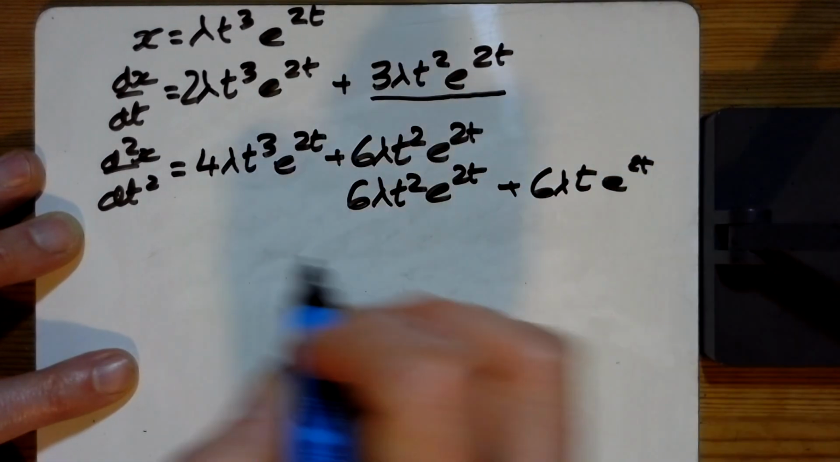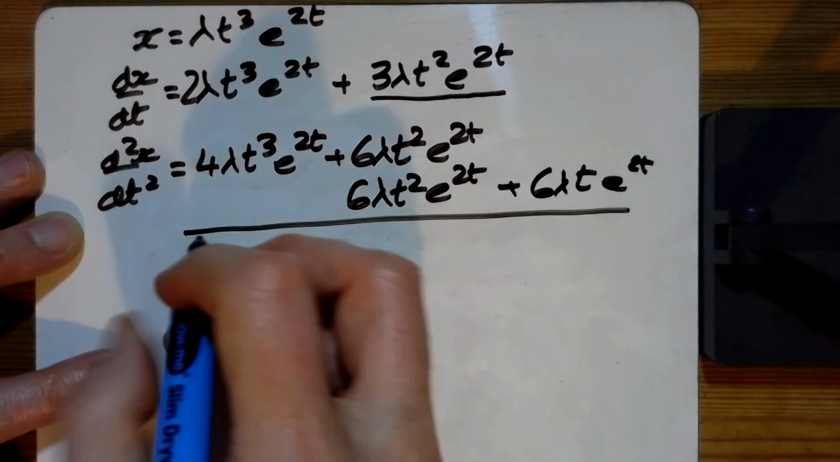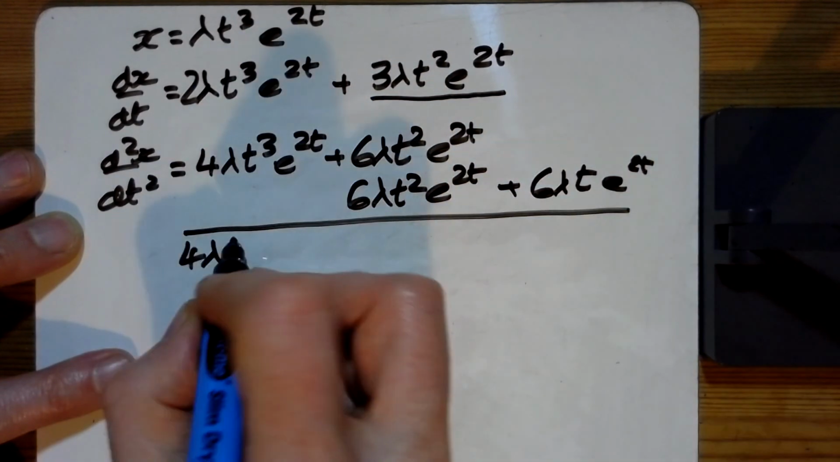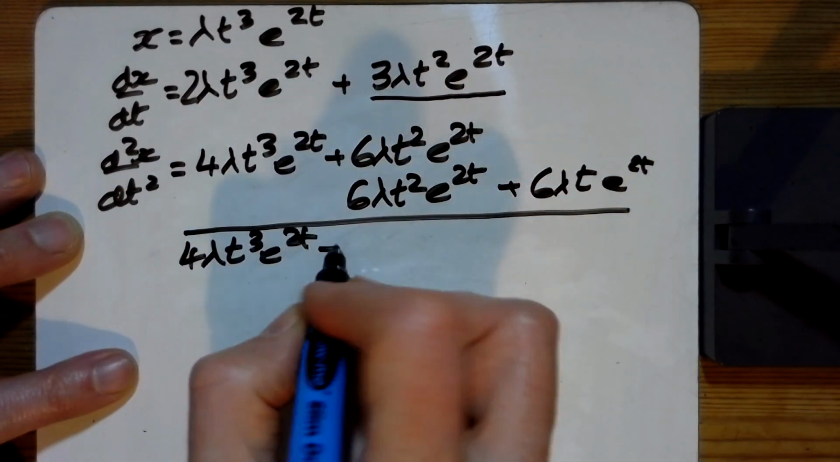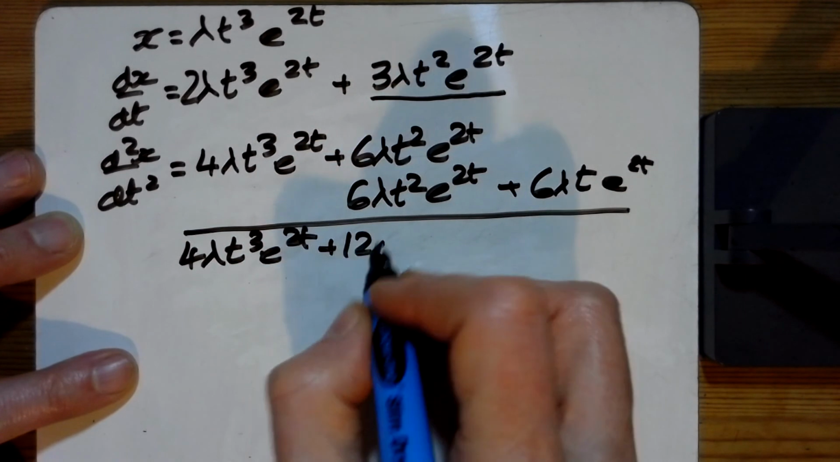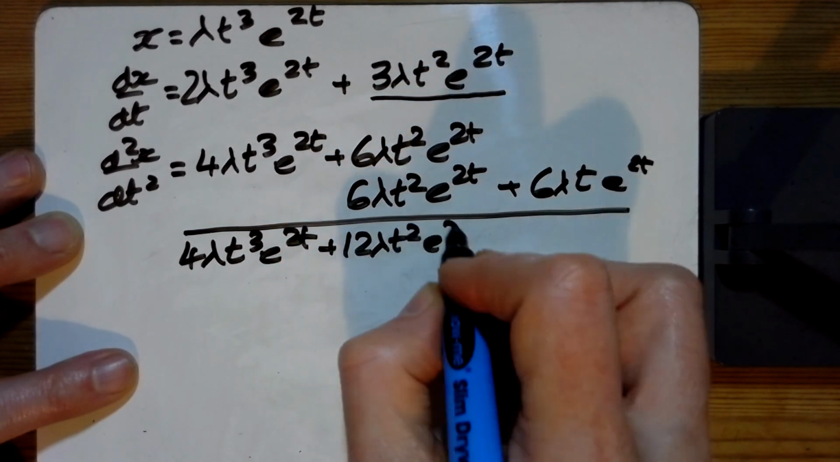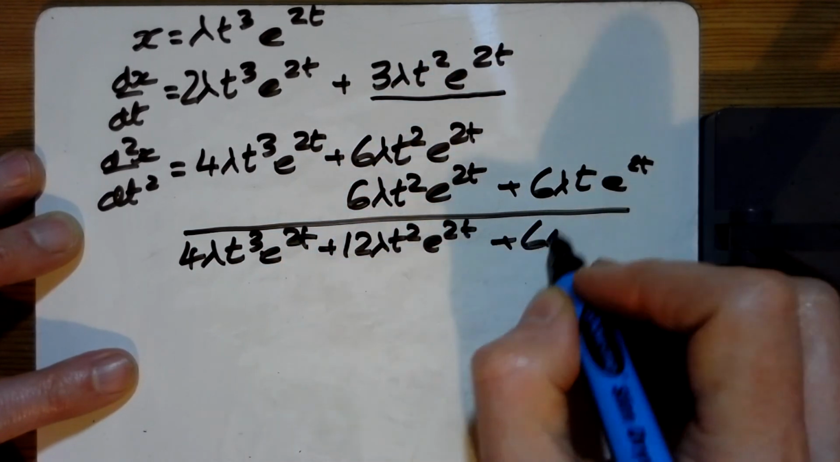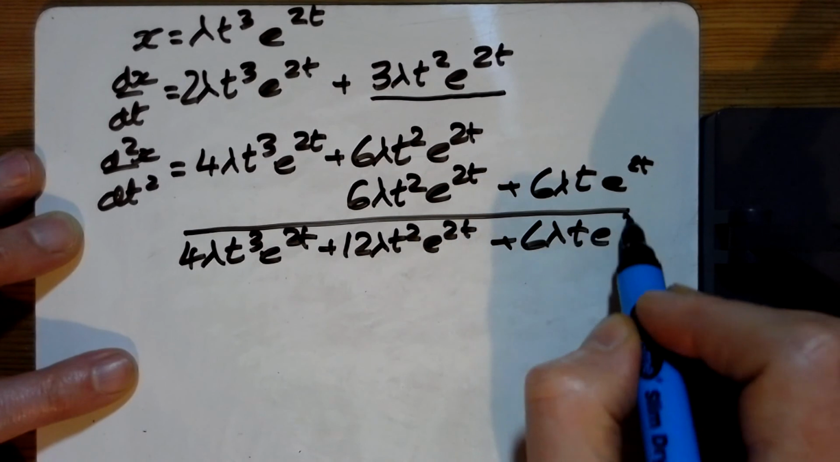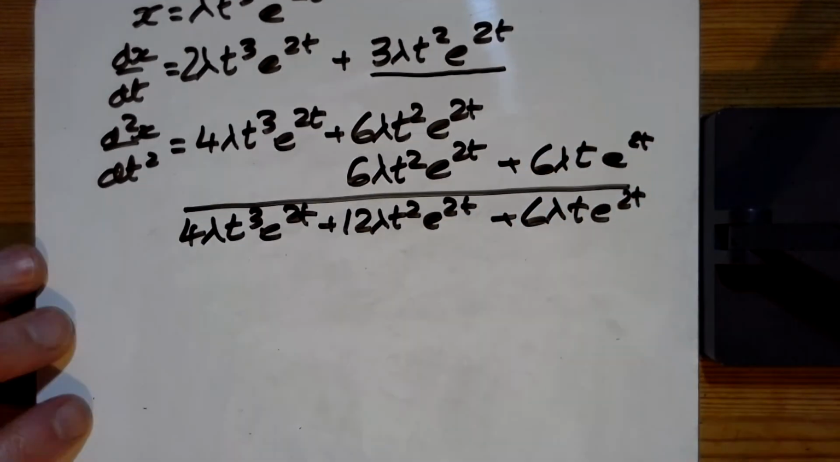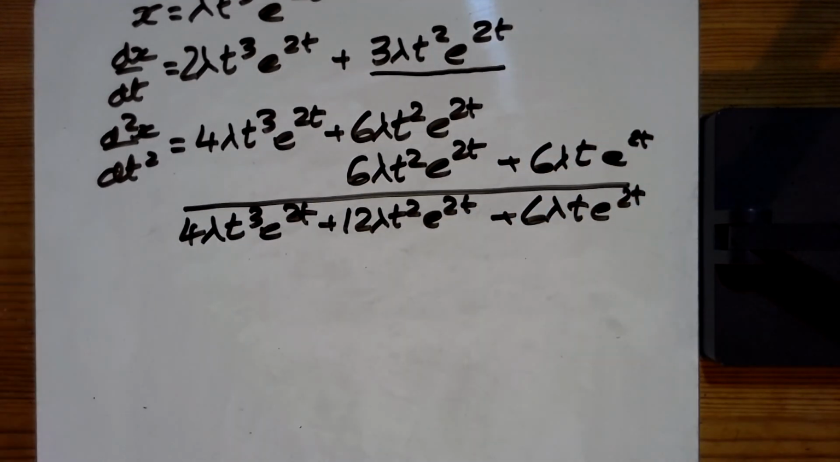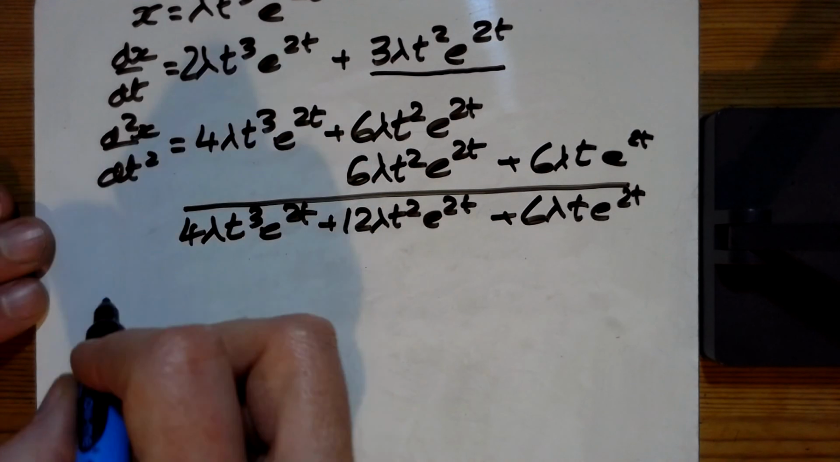Grand total of all of that would give me some t cubes. Then I've got 12 lambda t squareds. And finally 6 lambda t's on the end there. So there's all the differentiating. What are we putting it into? So we're putting it into